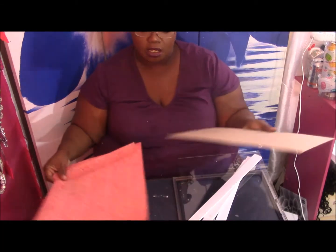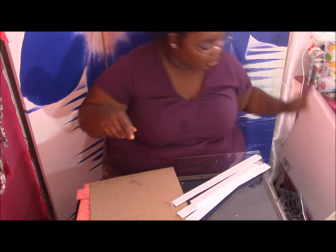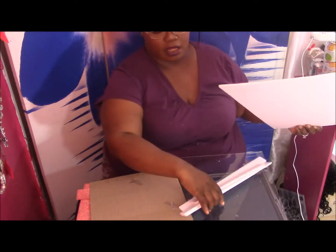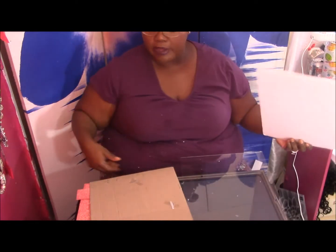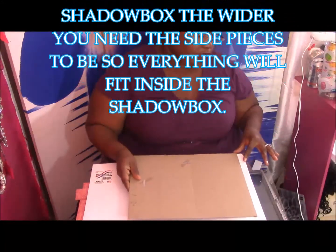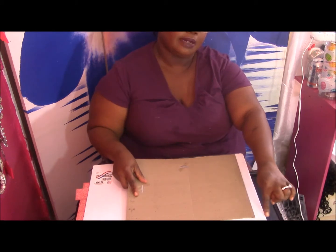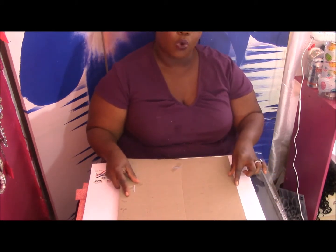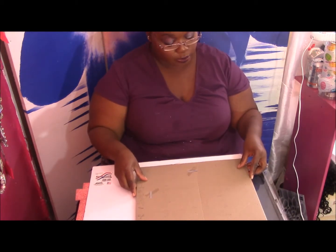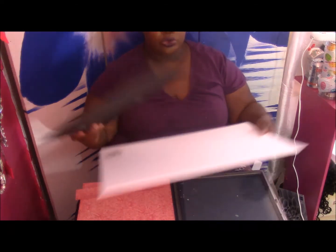Also, you want to take 1/2 of the board. You want to cut that board in half, and then in order to get these pieces, I don't have my ruler with me right now, but you want to measure it 2 inches, and then take your pencil and measure it and take it up this way. Then cut that twice. And then you want to take the long part and measure it to 2 inches, and then cut it twice in 2 inches. Once you do that,